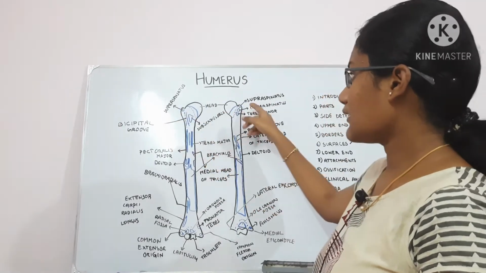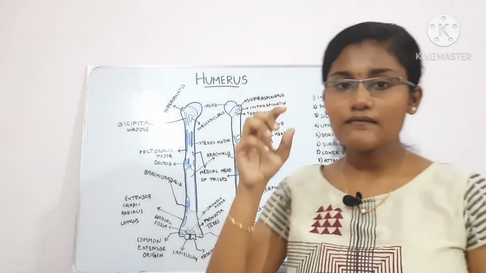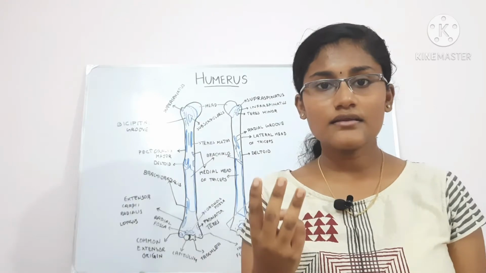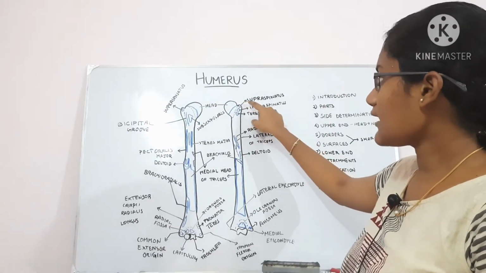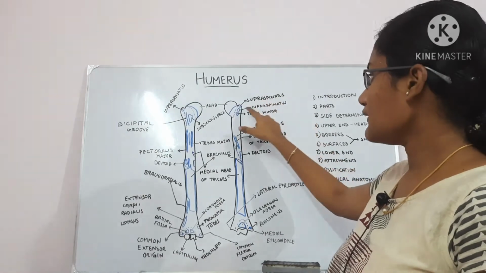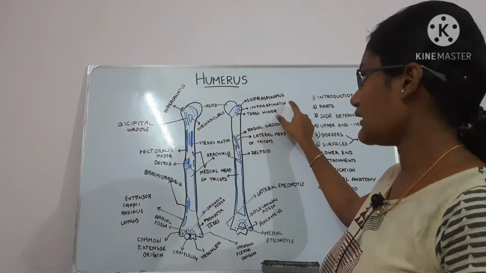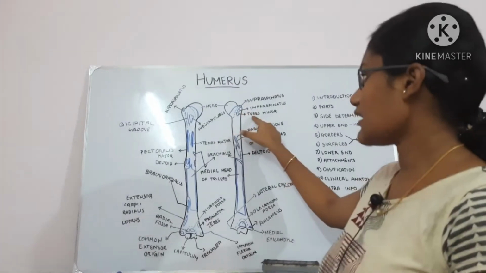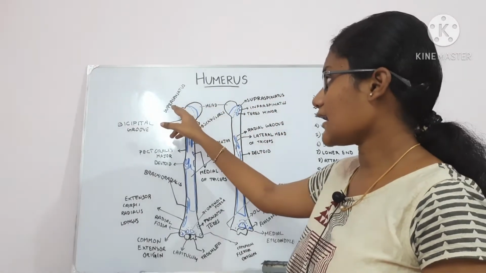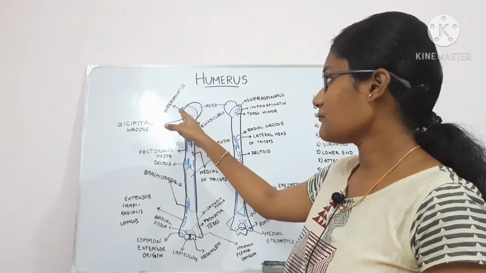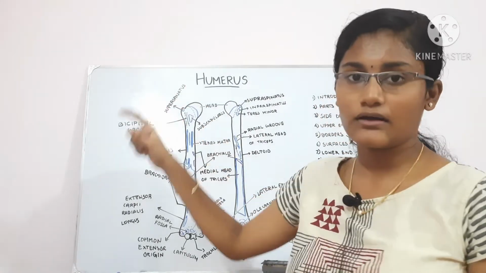The greater tubercle on the posterior aspect gives rise to 3 impressions, that is the upper, middle and lower. The upper part gives rise to the supraspinatus muscle, the middle part gives rise to the infraspinatus muscle and the lower part gives rise to the teres major muscle. The greater tubercle on the anterior aspect extends up a little and forms the supraspinatus muscle over here too.